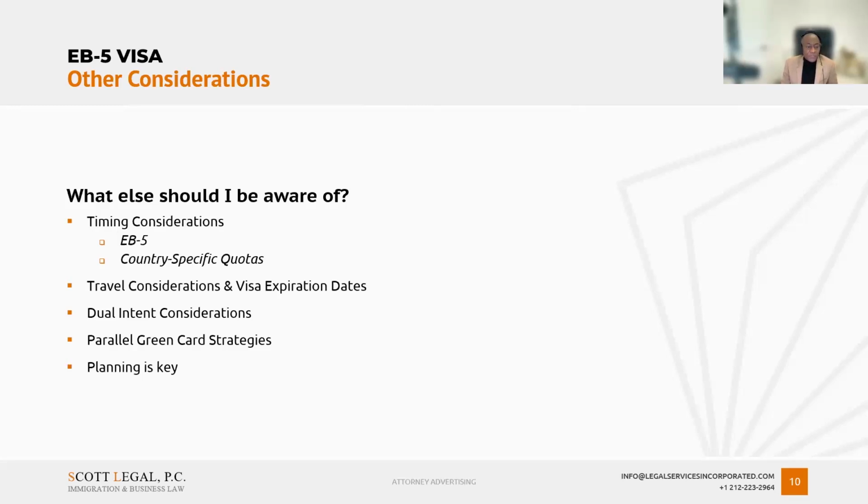Because of the long wait times, you always have to be cognizant that your visa may expire and make sure that you're maintaining underlying status. The fact that you can file an I-485 as long as the category is current could help. But if not, you want to make sure that you're maintaining underlying status. And if you are leaving the country and you have, for example, a non-immigrant visa, you want to make sure that when you enter, you're considering the dual intent considerations. Because even if you are filing an I-485, you do have to be cognizant of the fact that